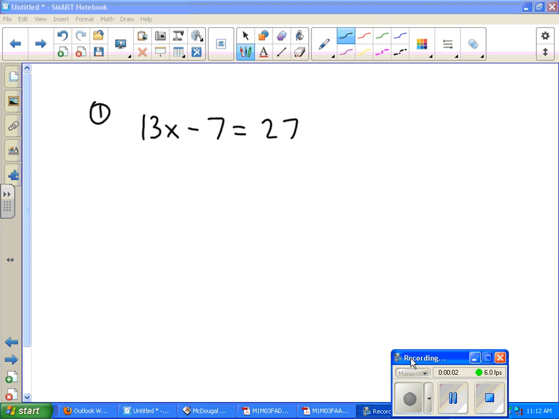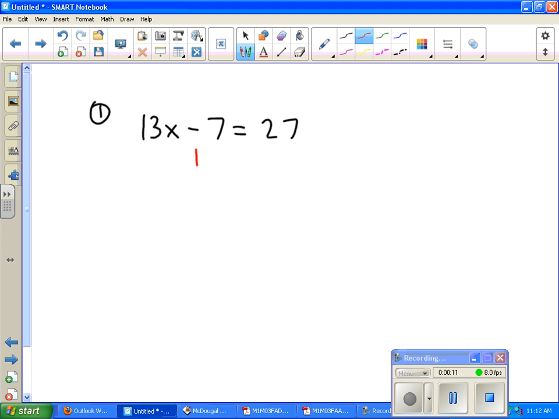Okay, this is the study guide for test number 8. First question we have is 13x minus 7 equals 27. You want to do the inverse of minus 7. You need to add 7. That'll cancel it out. If you add 7 on the left, you need to do the same thing on the